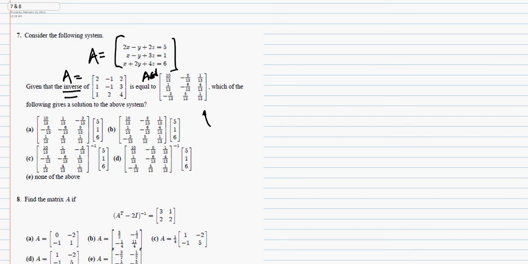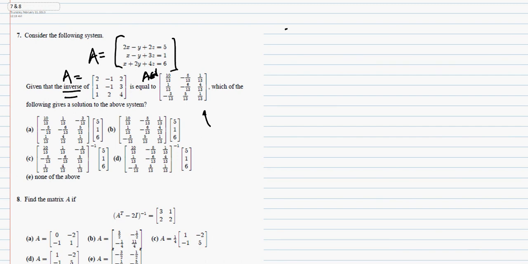Now, this is a tricky question. They're not asking you to actually solve anything. This is all about the concept behind what a linear system actually is, and how to actually find the solutions of a linear system. Basically, the background is when we had something, back a long time ago in a land